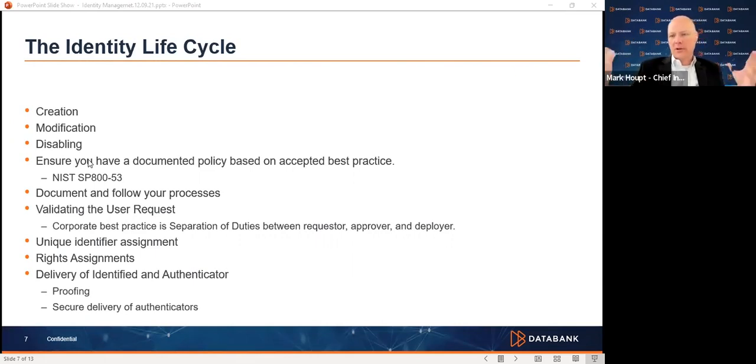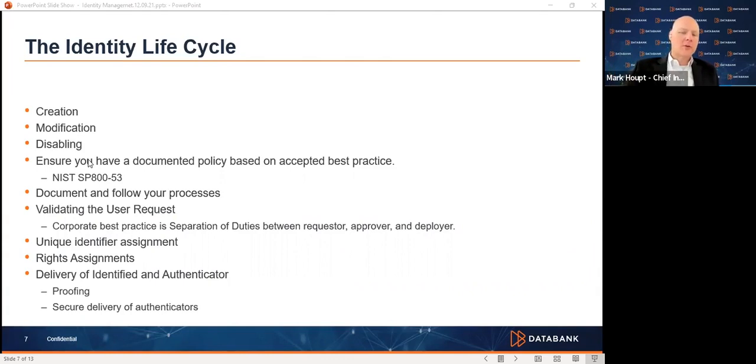And especially with a lot of changes going on in our culture and our society today, these are very important. Make sure somebody's not spoofing the individual or having taken on the identity of another individual. All right, in order for you to create this life cycle, one of the areas that you can take a look at that will help guide you through this is NIST 800-53, currently in revision 4 or revision 5. It has an entire section on access control that will allow you to identify what key factors are necessary for creating the policies and the best practices for an identity lifecycle.